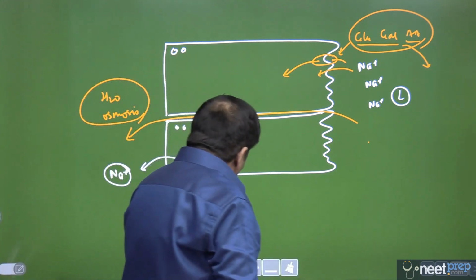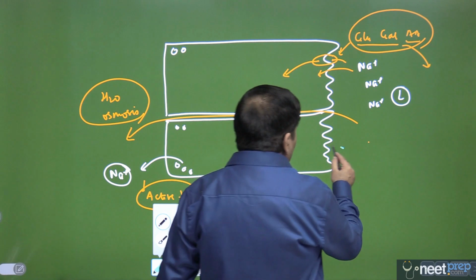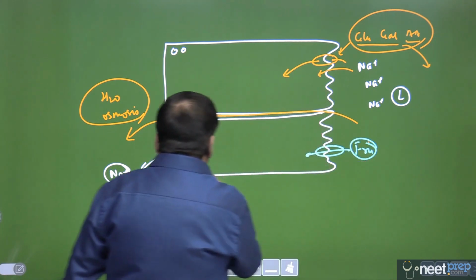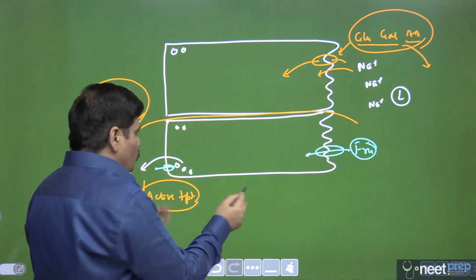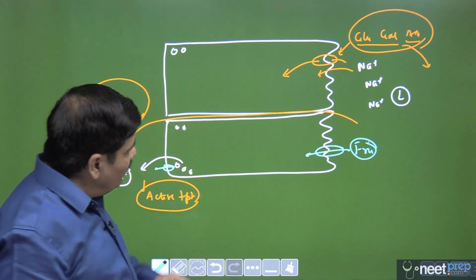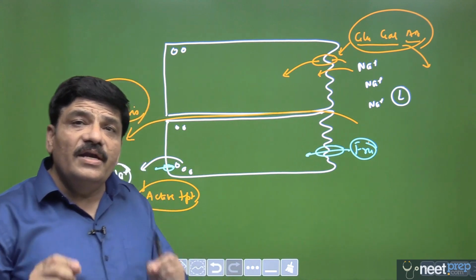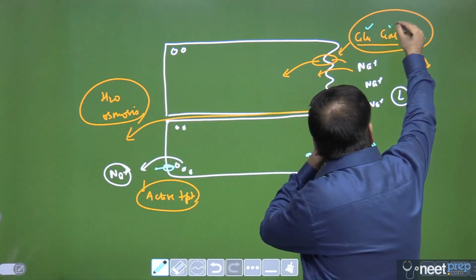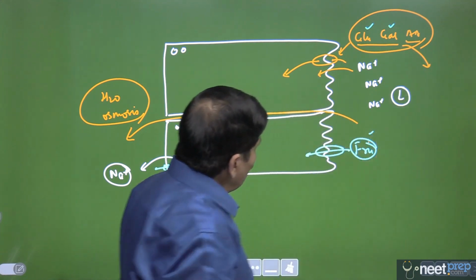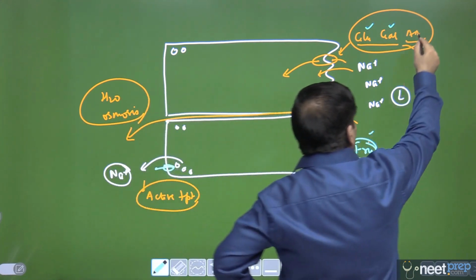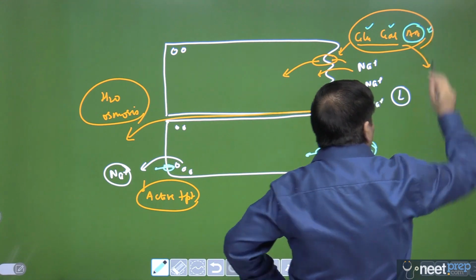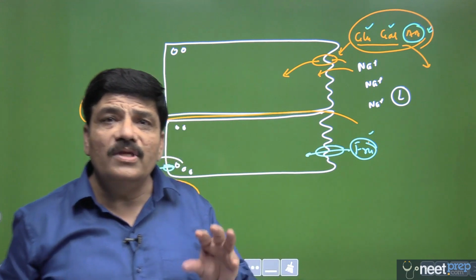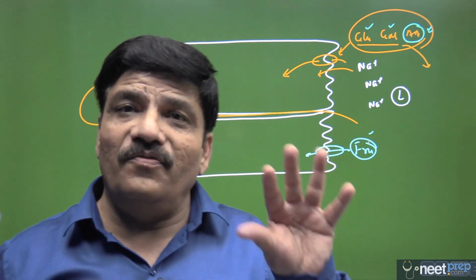Now, the fructose molecule will always be transported by facilitated diffusion. So fructose, wherever it goes, will be from higher to the lower concentration, and it will always be facilitated diffusion. So now you know how the body absorbs glucose, galactose and fructose. This is the story of carbohydrate, and you know how it actually absorbs the amino acid and the story of proteins. Now we need to know about the end product of fat digestion.